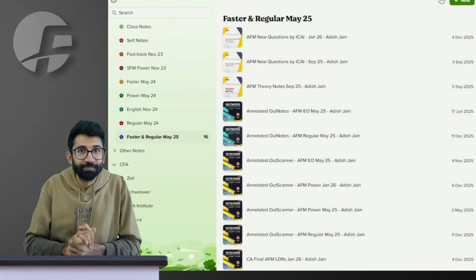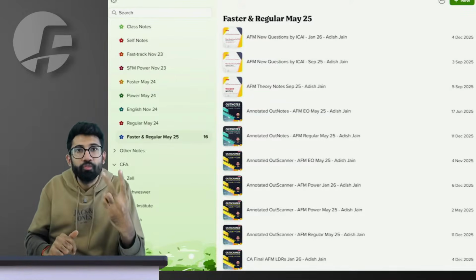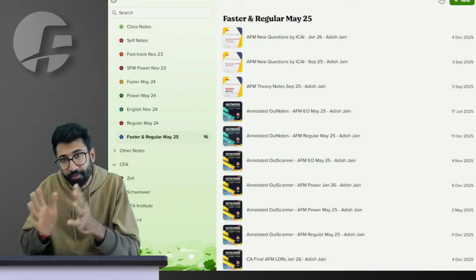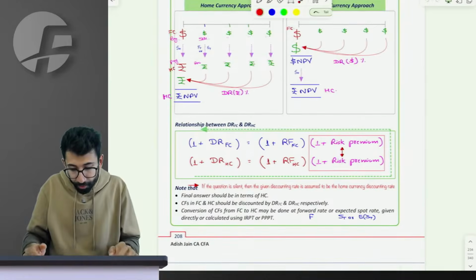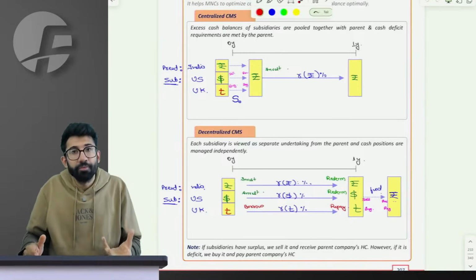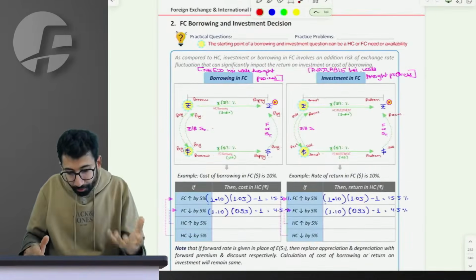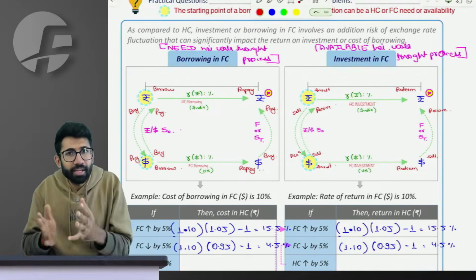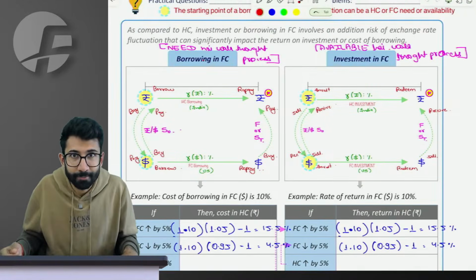Mark your attendance. Yes. So first, in this video, we are going to use two files, two notes. One is the OutNotes, which is the concepts notes. Another is OutScanner, which is the question bank. Our OutNotes, let me show you, are very uniquely designed notes where all the concepts are being taught in a chart-driven manner. Rather than plain text and formula, things are explained to you in terms of tables, timelines, charts that you see here, right? Which makes your learning very easy, your retention for a very longer period, the recollection in the exam very effective, everything works, right?